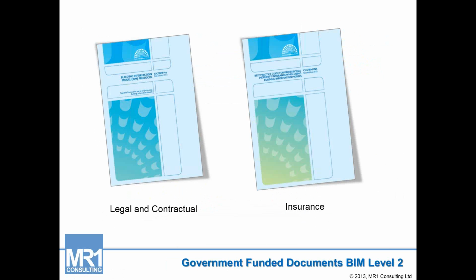What the insurers are saying is, if you follow the processes in BS 1192-207 and PAS 1192 Part 2, then a full audit trail is kept of all of the transactions between all of the members of the supply chain. So we can see whose responsibility it was to produce information, what information was produced, was it changed by others, etc., etc. They are actually saying they are very comfortable if these standards, BS 1192-207 and PAS 1192 Part 2,